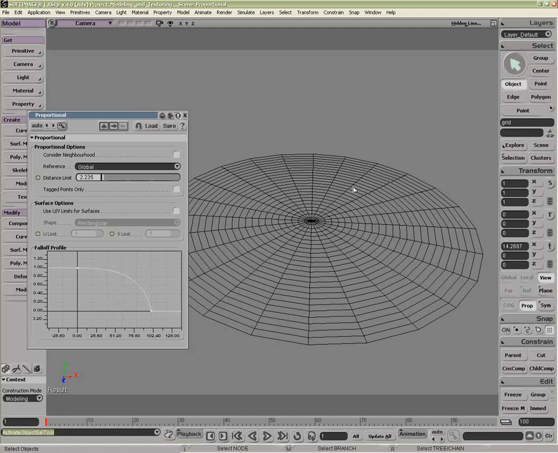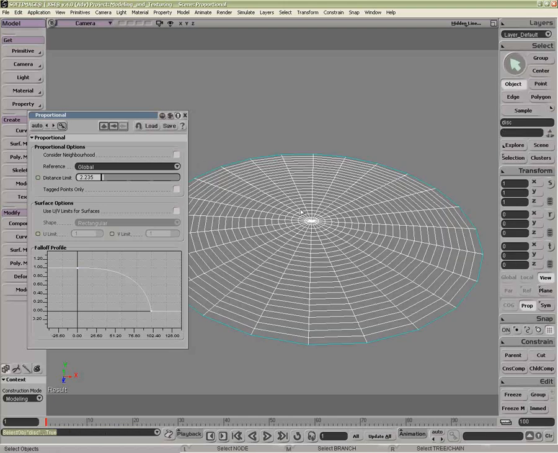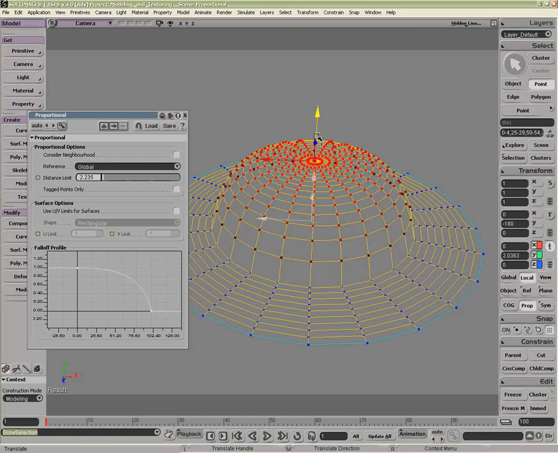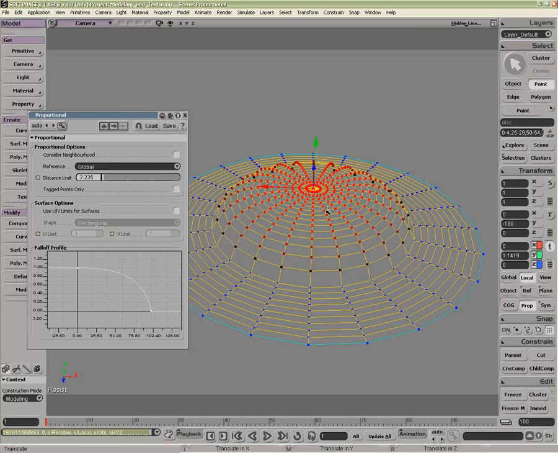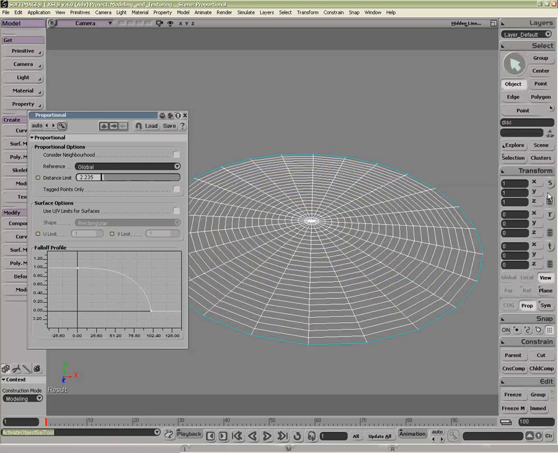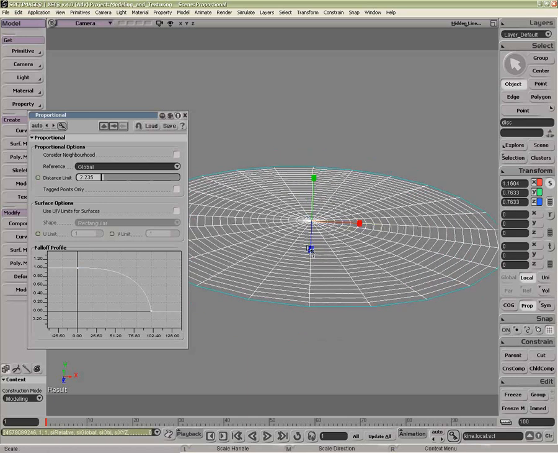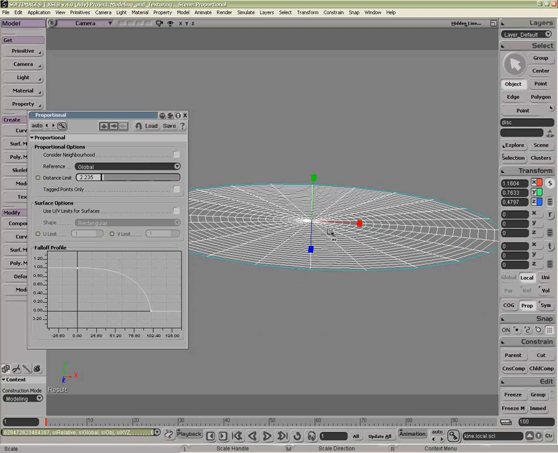Local and global. Most often you'll be working in a global reference space. If I were to grow the selection here, when I manipulate this, I get the standard fall off. If my object had been sort of scaled non-uniformly, like so,